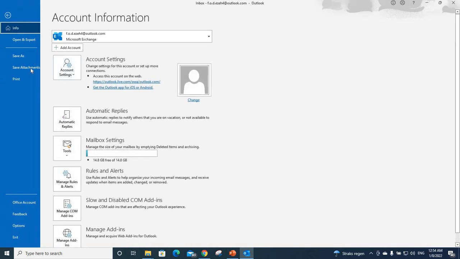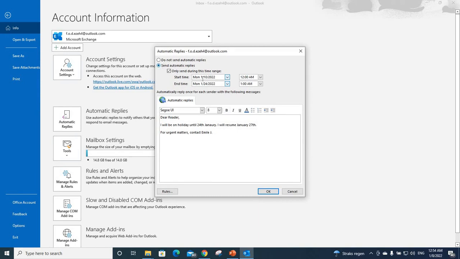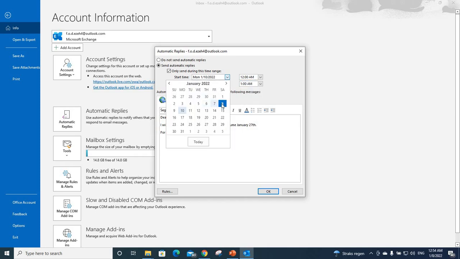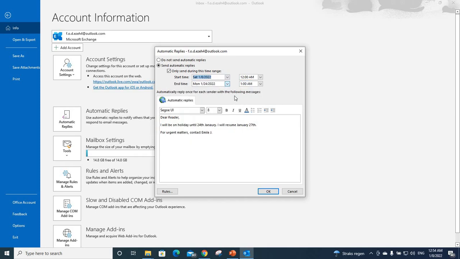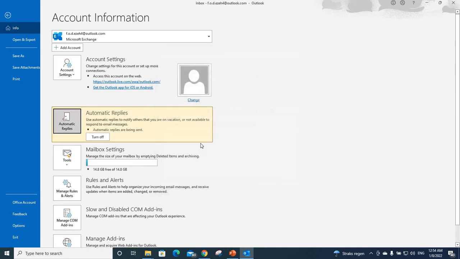So once again, you go to file, you go to automatic reply, and you set the dates, and you set the timing, and then you can also make sure that this is when it will start. For example, it should start already. Okay, let's choose today. Actually, let's say it starts today at 12 a.m. and then let's choose okay. There it is. So it's on because we chose the later date, but because we chose today, then it will automatically show. So if I go back,